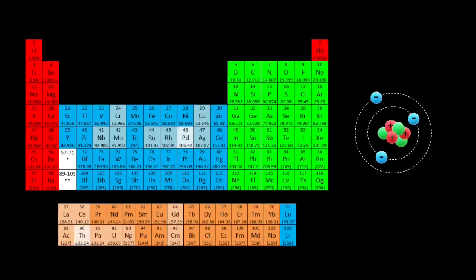We can observe certain trends in the periodic table due to the recurring properties of the elements. And one of those is the ionization energy. So as we know, the periods represent the increasing energy levels. And if we look at energy level 2 and lithium, for example, and moving from left to right of the